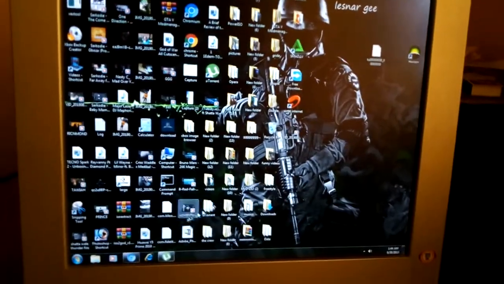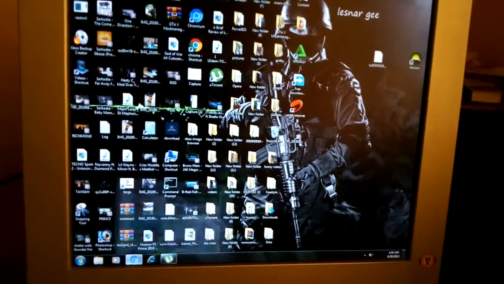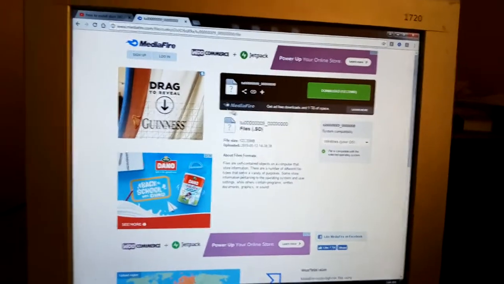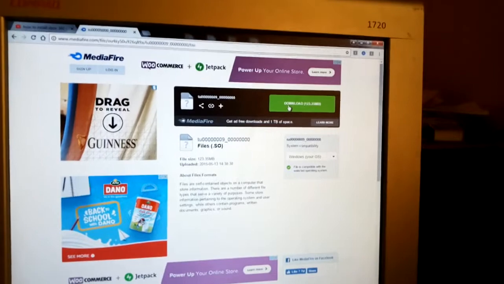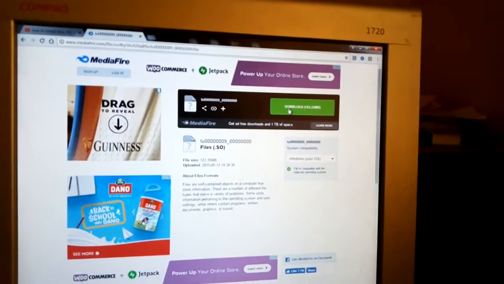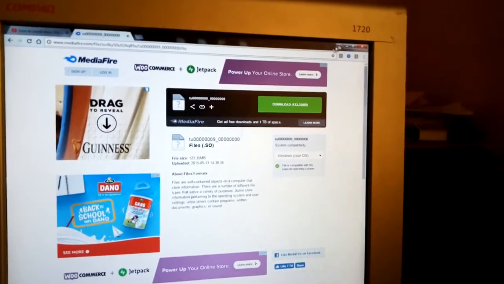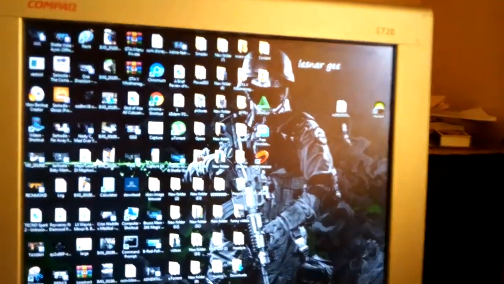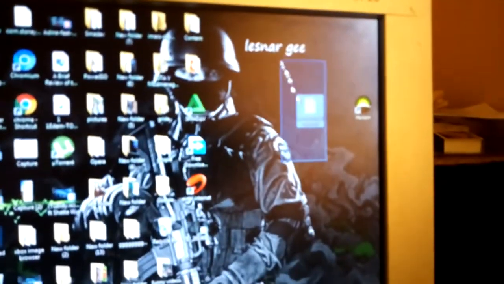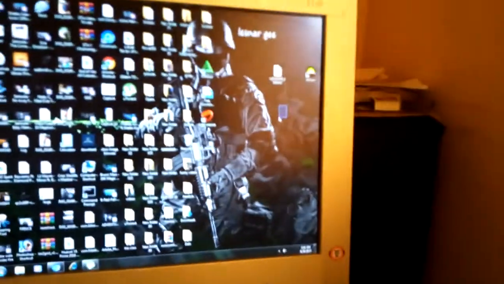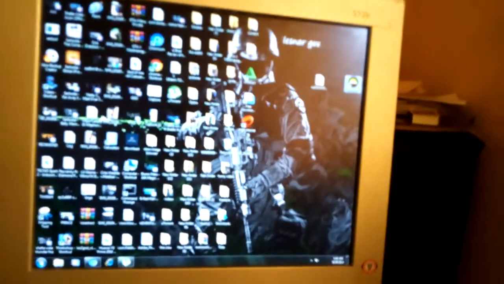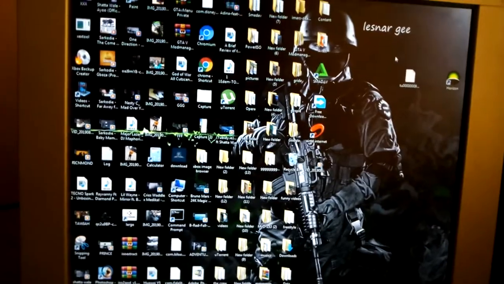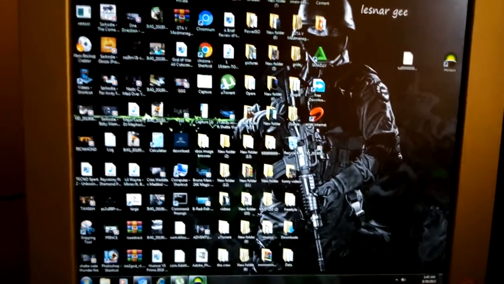So now let's download the GTA 5 mod menu. So you just click on download, and this is how it's going to be. So now let's open Horizon. So you open Horizon